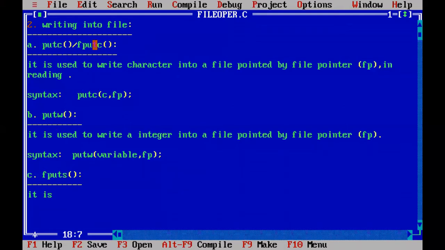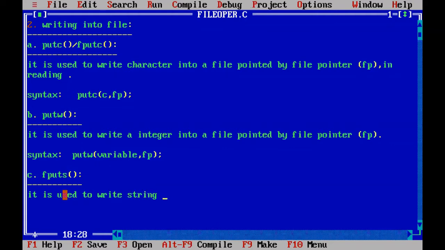Here you can see fputc. C means single character. Here S means a group of characters, which is nothing but a string. So you write down, it is used to write string.